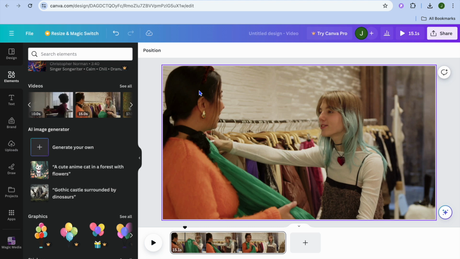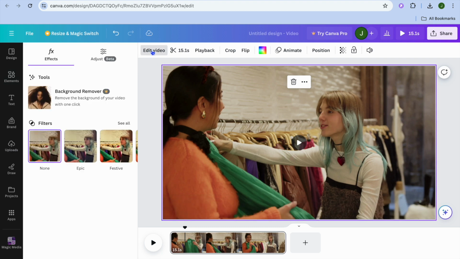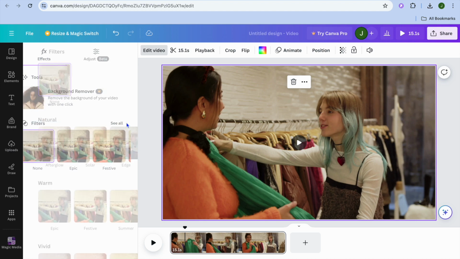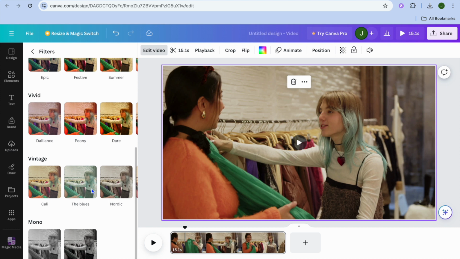So after you have selected the page like you see right here, you'll simply tap on the page, and once it is selected, you're going to tap right where you see edit video from the top left hand corner of the navigation bar. After doing that, you're going to see the option filters on the left hand menu option right here, and you're going to tap on see all. Once you have tapped on see all, I want you to scroll down and you're going to select mono,